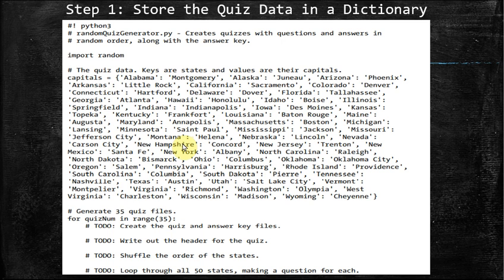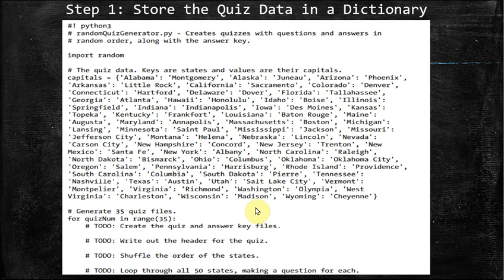For that purpose, we are using this for loop here. For quiz number in range 35, since we want to give the quiz text file as well as answer key files for 35 different students, in the for loop we have given this range starting from 0, and it will go up to a total of 35.